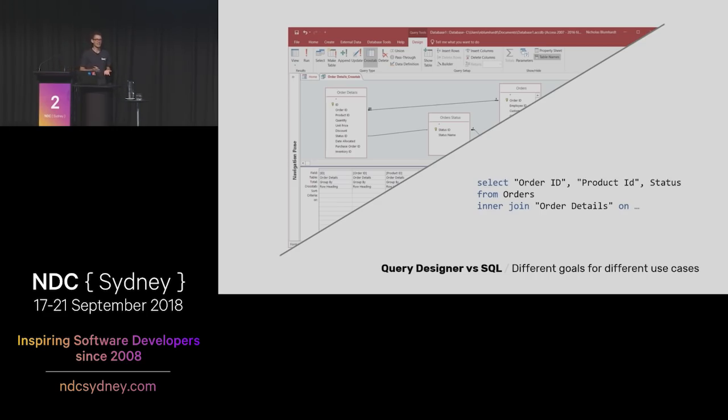And now that's a good experience if you have no knowledge of databases and you need to get data out. But if you spend all day every day dealing with an application the way that the people who use the software that all of us write do, then you know that often being able to express a query in SQL is a must. There's no way you could imagine being a programmer and working with a query designer day in, day out. And it's very much the same for lots of our users as well.